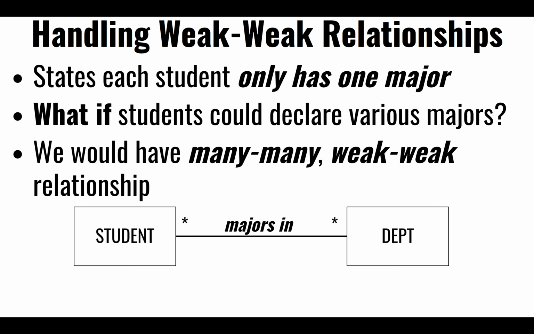So if we allow that, again, there's no mechanism for us to implement this in a relational database. This is perfectly fine in a UML class diagram. That's perfect. You don't have to do anything. But if you're going to implement it in Java, well, actually in Java you could, right? You can have an array on one of them and an array on the other, and they both have pointers to each other. Right? You can have an actor class having an array of movies,